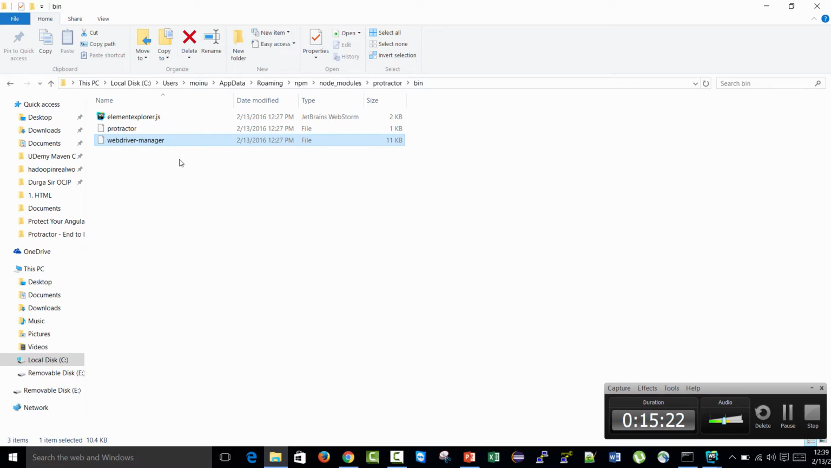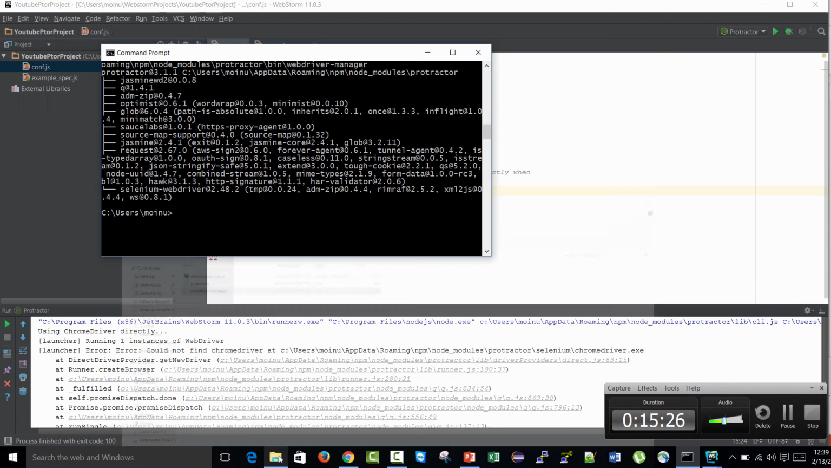webdriver-manager, to install the Chrome and all. So for that, you just give webdriver-manager and say install. Oh, hold on a second, it's not the install command, it's update. Sorry, update is the command